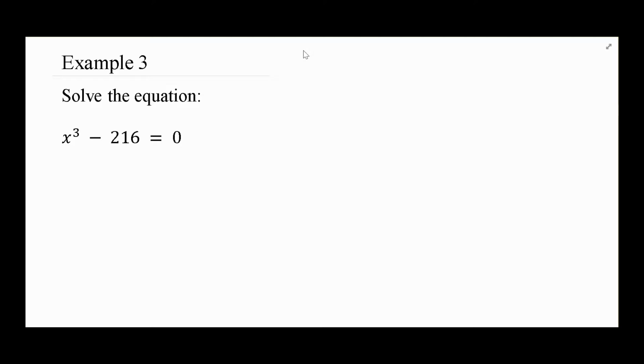So this example is pseudo review. What I want to talk about in this problem is we want to make sure that we're using factoring whenever possible. So this problem here is quite clearly not a quadratic. What I want to point out, though, is what not to do. What might be tempting to do in this problem, so don't copy this down, would be to add the 216 to the other side,